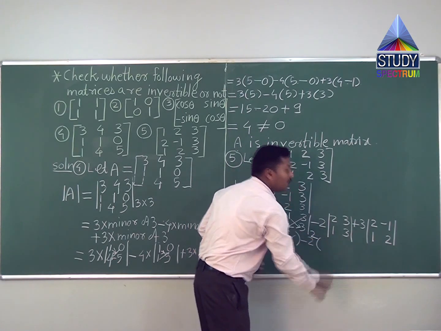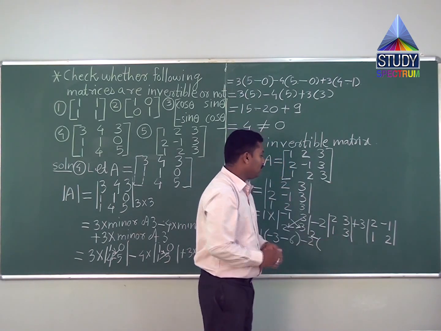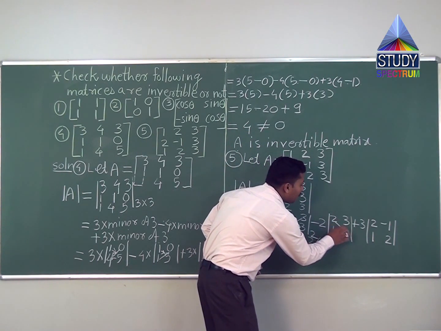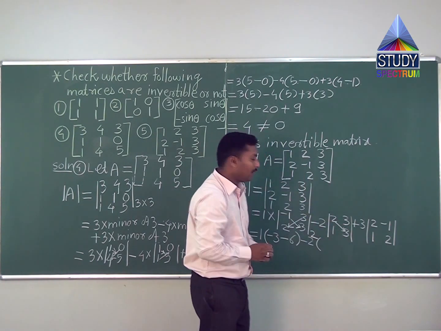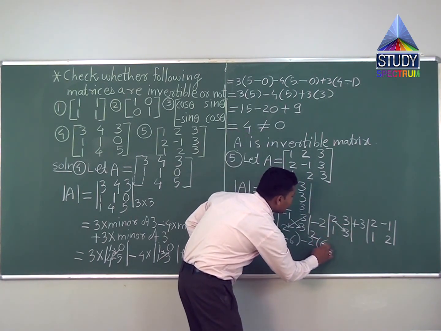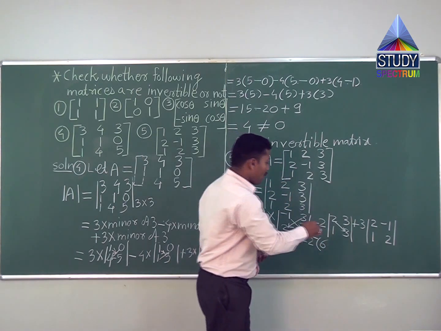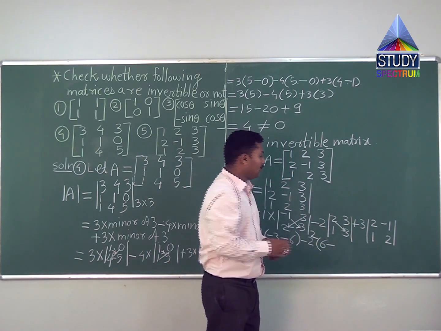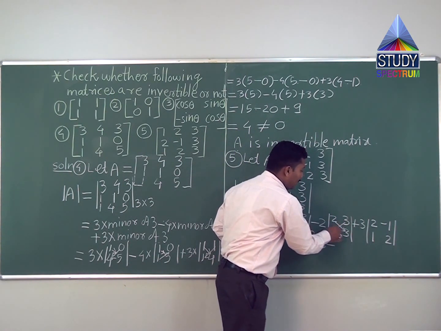Again this is a second order determinant, so 2 into 3 is 6, minus 3 into 1,